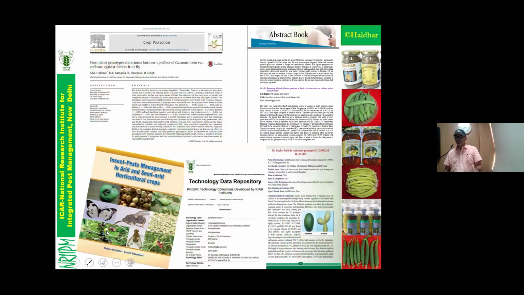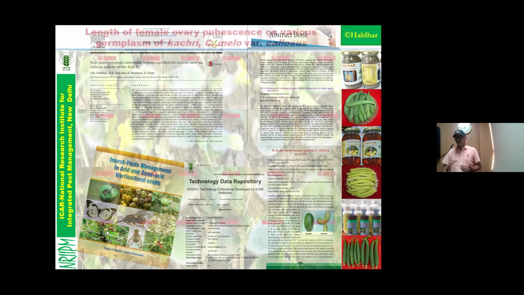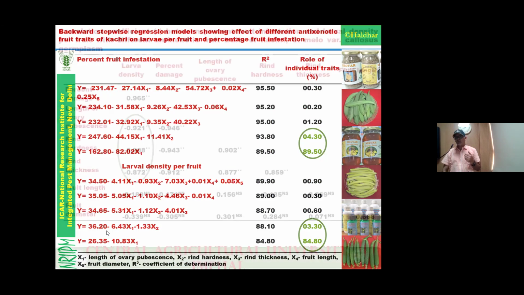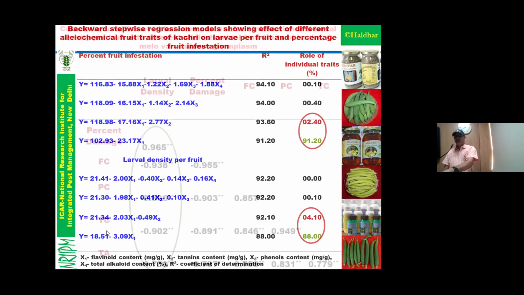Then on the basis of this, we have already published this paper in Crop Protection. Also, we released the variety, because we are not going only for publication, sir. We are also developing the product. And we have already submitted to the ICAR technology data repository and published separately. Which product did you develop? Variety, sir. We have developed a variety. This was done in some other institute, right? No, my institute, sir.